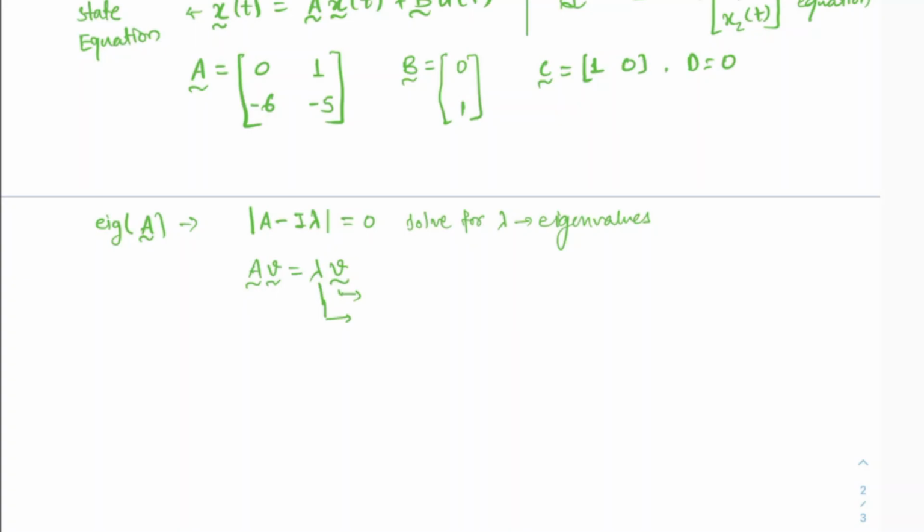There is a special vector V, which when it is transformed using the matrix A retains its direction but gets scaled by lambda. So let's try to write it. For a given transformation matrix A,